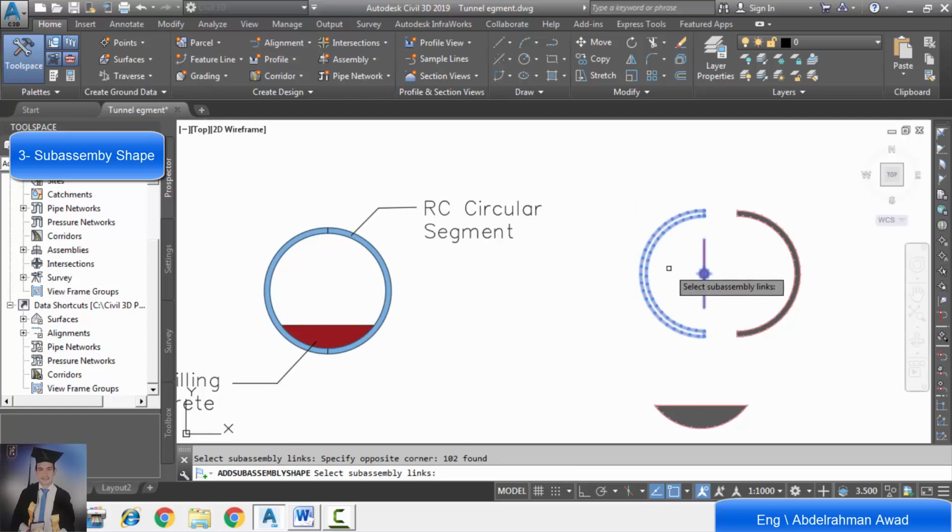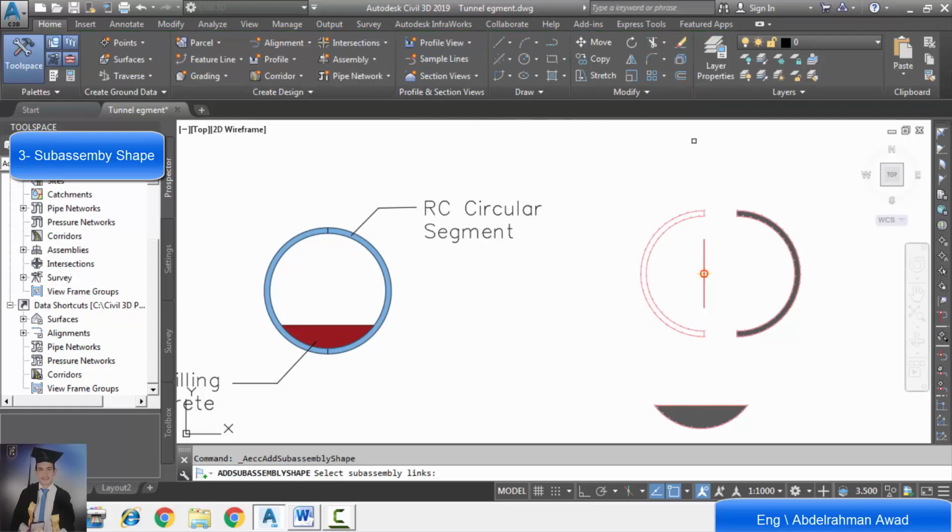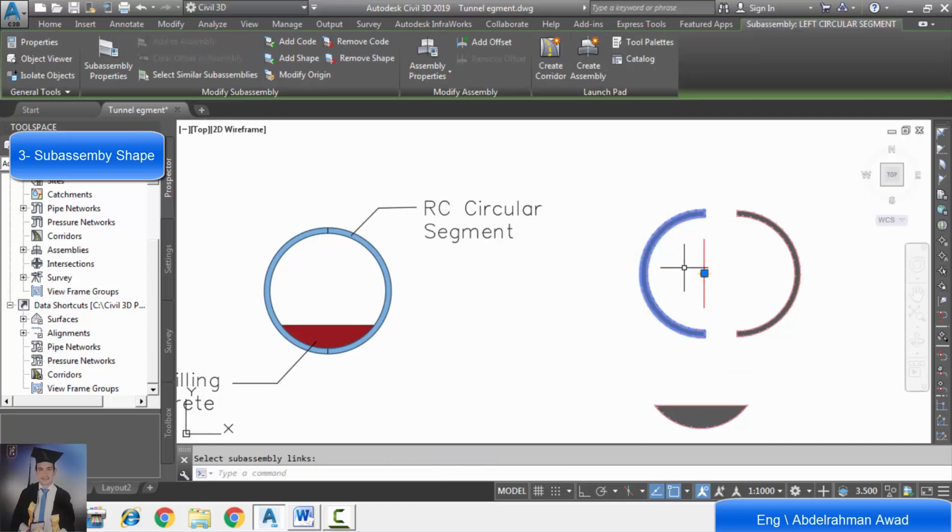But we shouldn't include main assembly, so we will select with a blue window again. Enter. So we added shape for all sub-assembly.